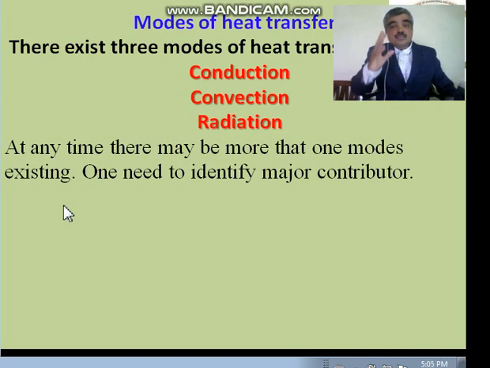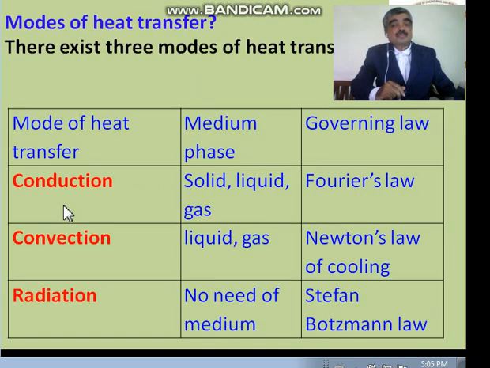Now move from these three modes, conduction, convection, radiation, further. Now let us compare